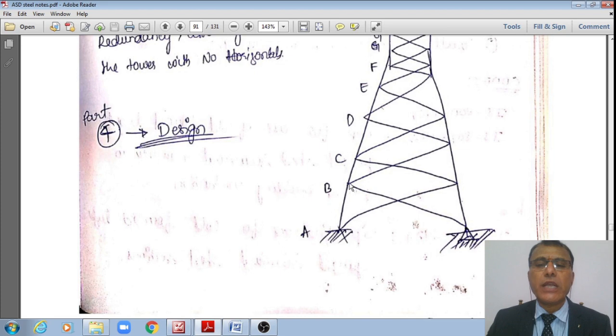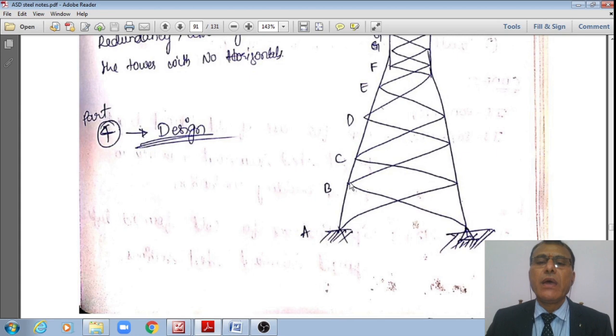Similarly, now I'll move to joint B. By this time, I know the force in member AB. AB prime is equal to BA prime because of the symmetry. Therefore, this force is equal to 6.8, and this other force is equal to AB, which is 68.96. Therefore, only two unknown forces are there.